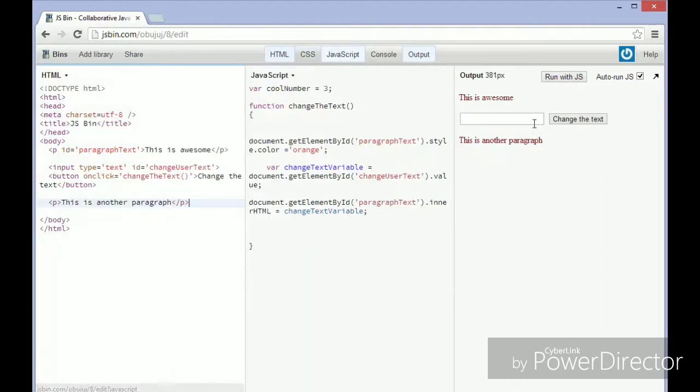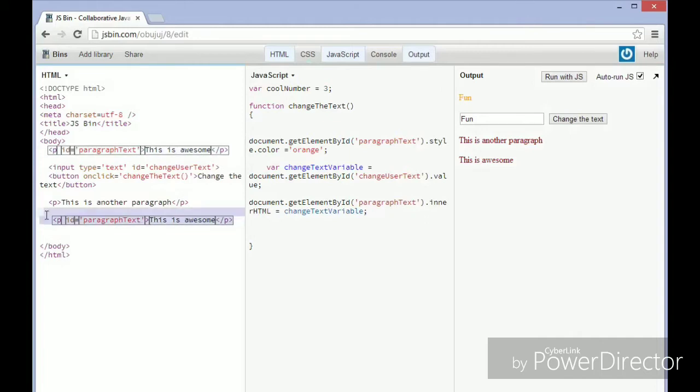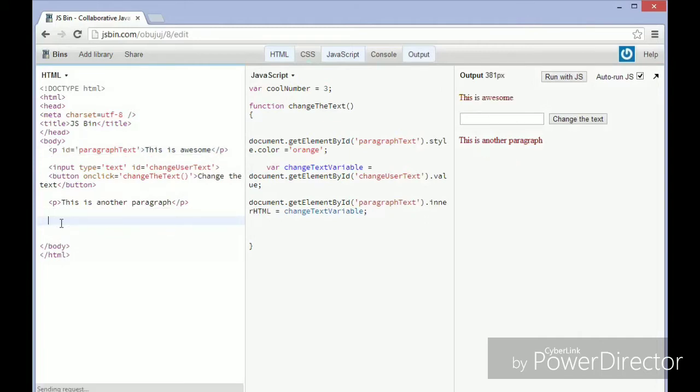But when we run this here, so I type in the word fun, right, and you'll see that the top one changes to orange, but the bottom one doesn't. And why is that? Is because this one has the ID paragraph tag. Now, if I go ahead and copy this paragraph tag and move it down here, watch what happens. I change it to word fun, and you can see that here, this one doesn't change. It's because it already has an ID, right? It won't change because, again, it's already being referenced, okay? And so for the most part,